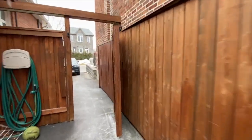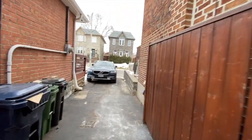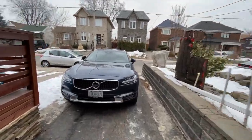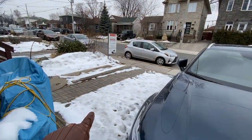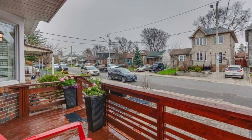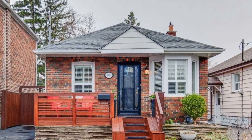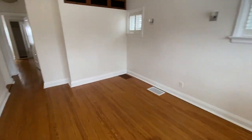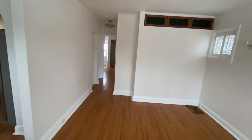So let's move quickly back and show you there is parking here for one parking spot, and there's kind of an illegal second spot here for guests or something if you want, but Greenwood has lots of parking. When you walk in this house, you walk into the main floor,